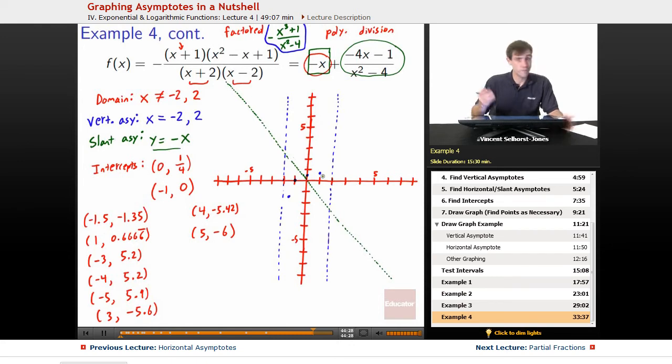Didn't do that one. Whoops. But 1.5, we could figure that out. 1.5 cubed plus 1, 3/2 cubed. That's a little difficult. We know it is going to wind up going up here though,